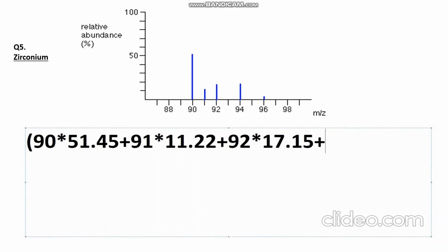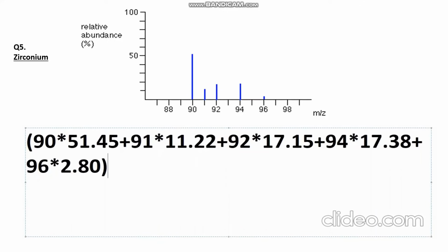Then we have mass number 94 with relative abundance 17.38. And finally, we have mass number 96 with relative abundance